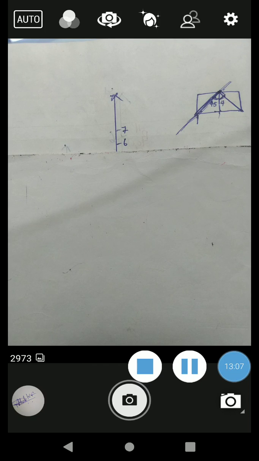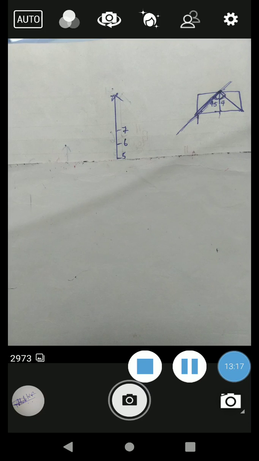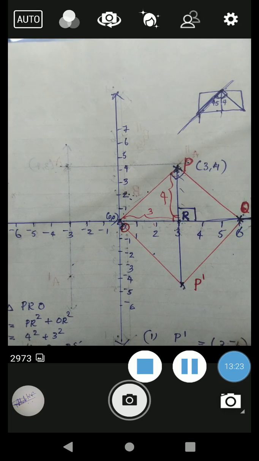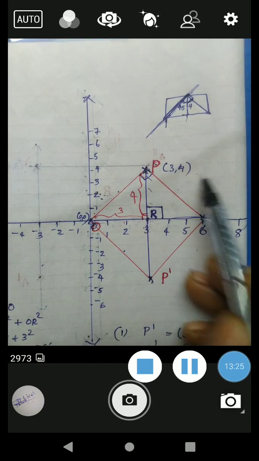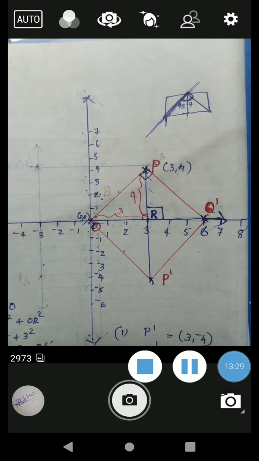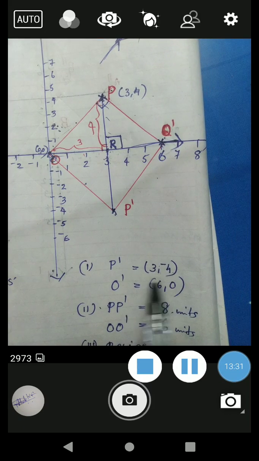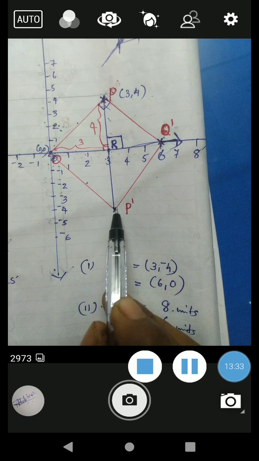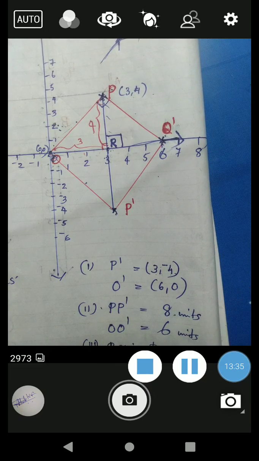Draw a graph sheet. Draw x-axis and y-axis as usual. Then mark the point P (3, 4). Then reflect P to P dash in the x-axis. So mark P (3, 4) and P dash in the x-axis. Therefore its y coordinate changes. So P dash is (3, -4). First you can write (3, -4). Then mark here P dash. And